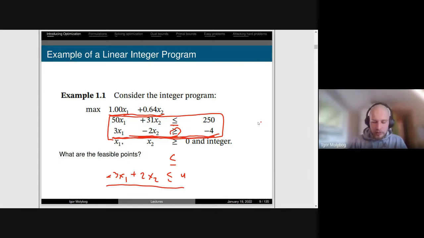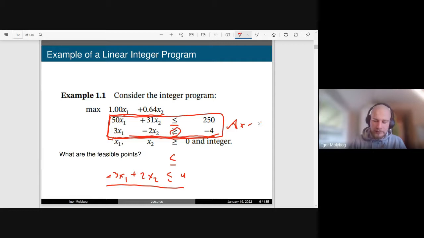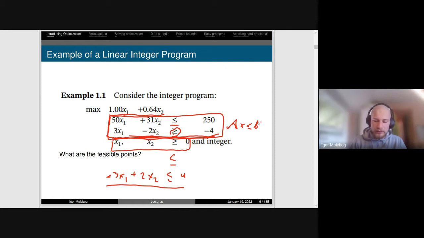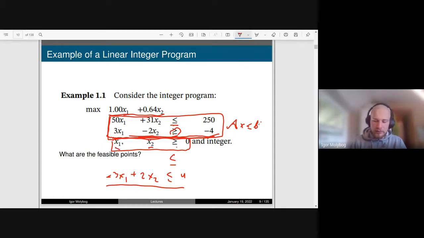So our set of constraints is split into two parts. First is the general inequalities of the form ax less than or equal than b, and the second part of the inequalities are the inequalities of non-negativity. So x1 and x2 must be greater than or equal than 0. The third part of the constraints is telling us that x1 and x2 must be integer. So what are the feasible points